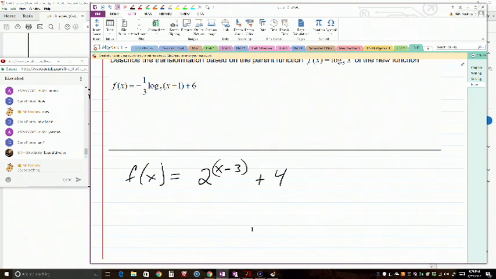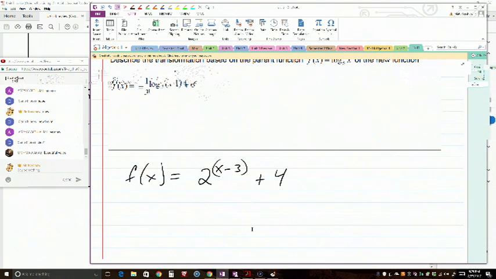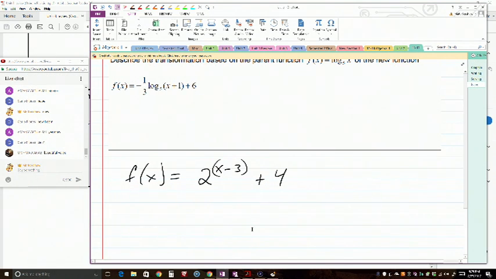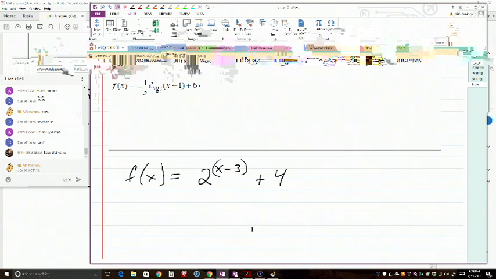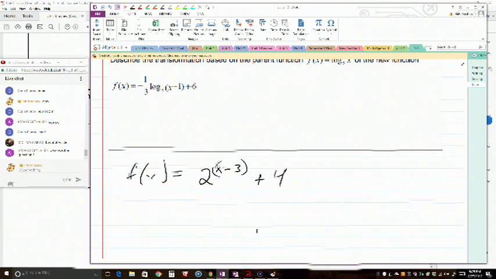No answers? The question is, does this graph